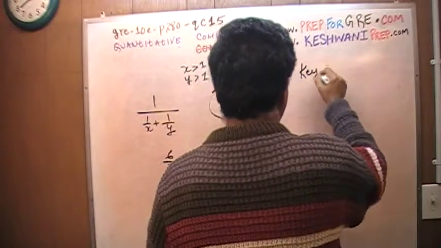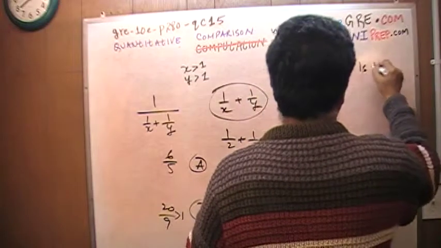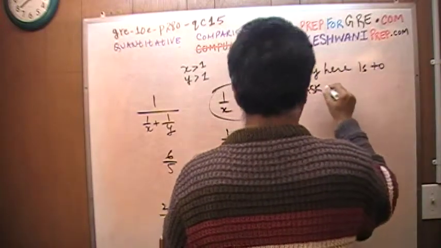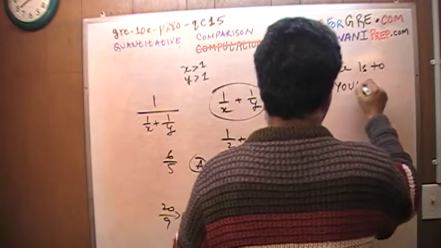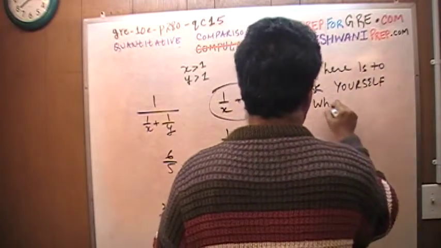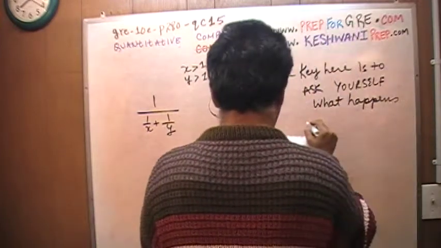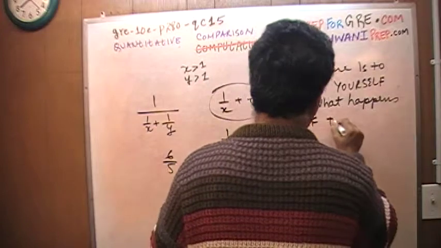The key here is to ask yourself what happens if 2